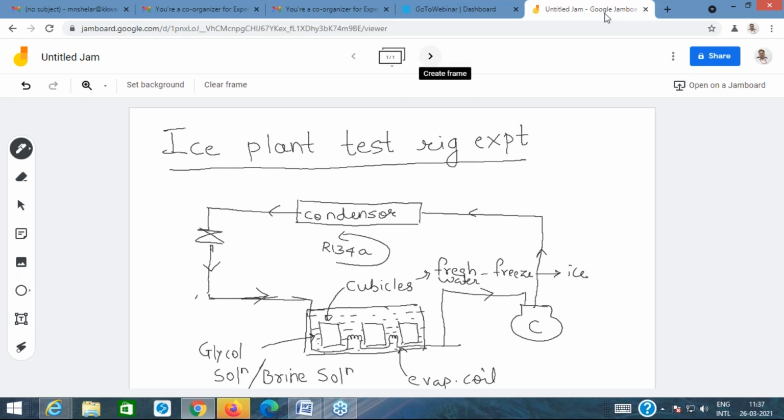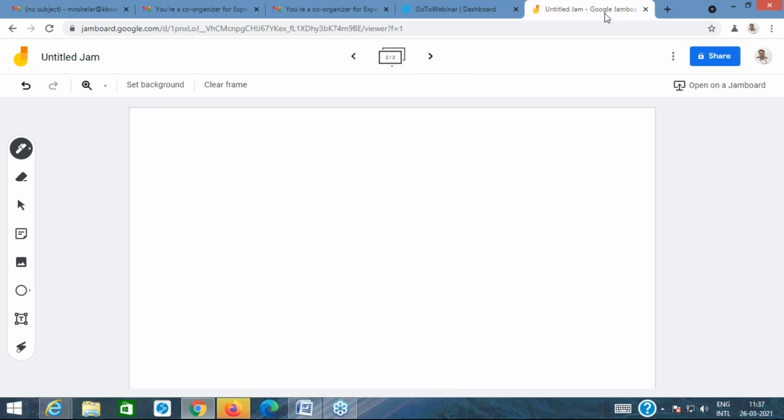The aim of the experiment is performance assessment. For performance assessment of the ice plant, we would be conducting two tests. One is called the pull down test, and the other is called the ice formation test. The pull down test, as the name indicates, is basically the test to reduce the temperature of the glycol solution or the brine solution